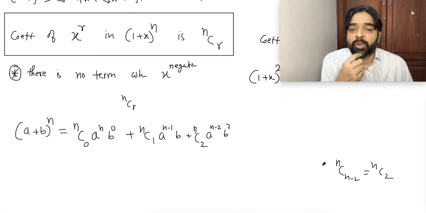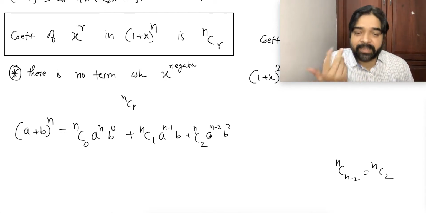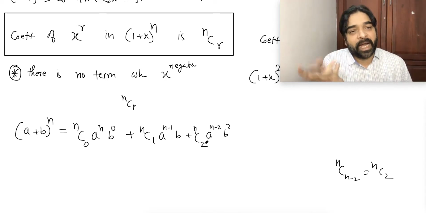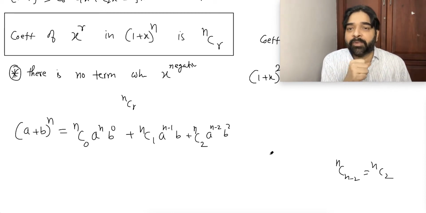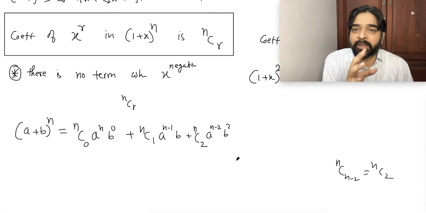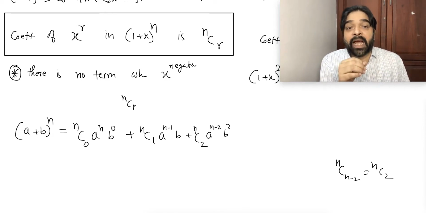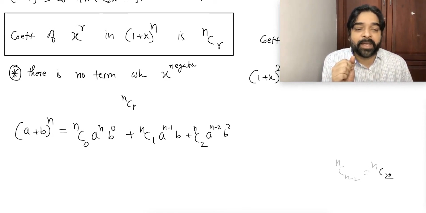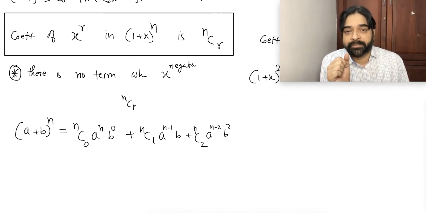Yes or no? So what about B? When A selected his share, B automatically got his share. So we don't have to write for that one. Are you able to understand? This is the way we used to derive the binomial theorem. The binomial theorem we derive by using the selection method.